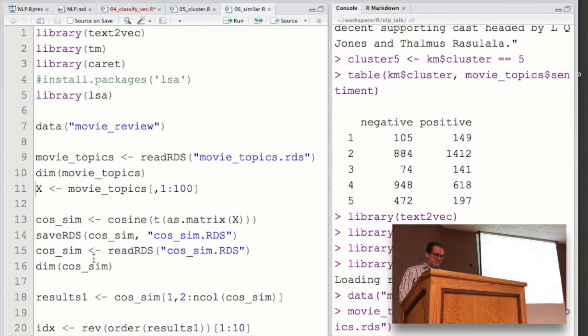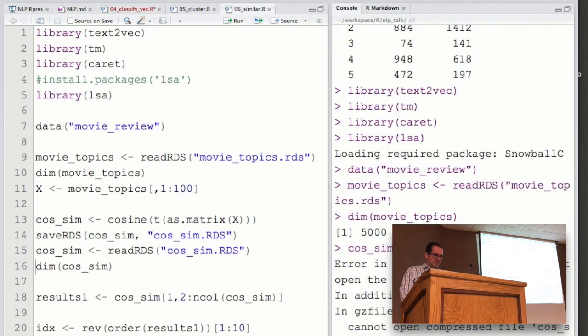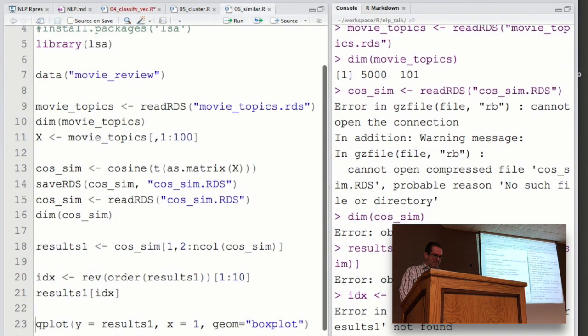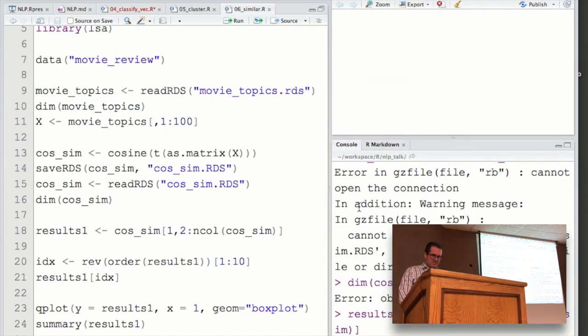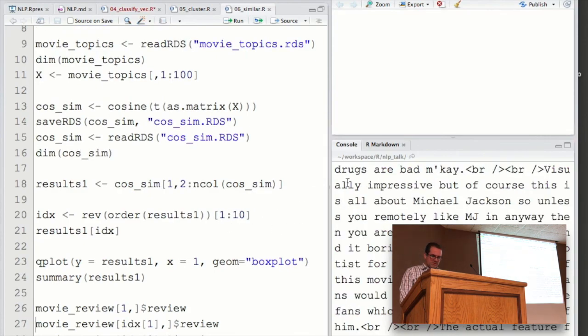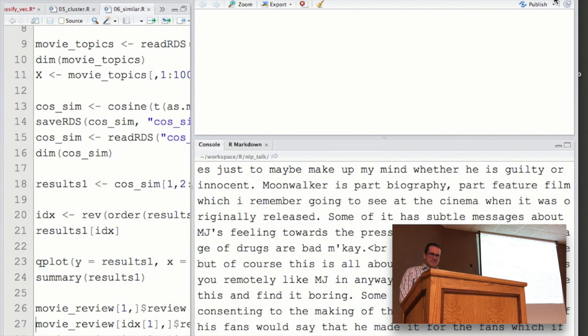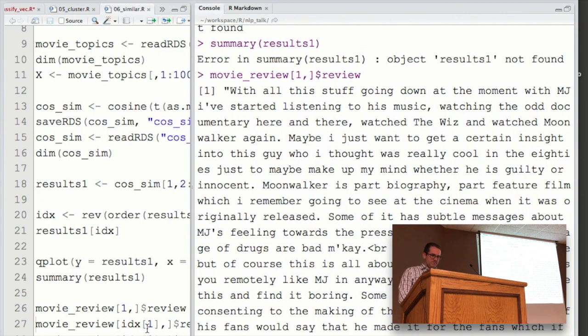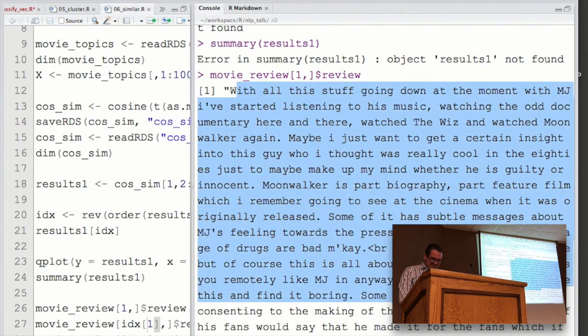I forget what I do in this last one here. Oh, again, I'm going to load up, because this is cosine similarity. Box plot isn't that meaningful. The real thing I wanted to do with this one was, there's a documentary about Michael Jackson. That's one thing about this set, it doesn't give you the title of the movie, so you just have to start reading the review and figure out what movie it is. But this is obviously about Michael Jackson.